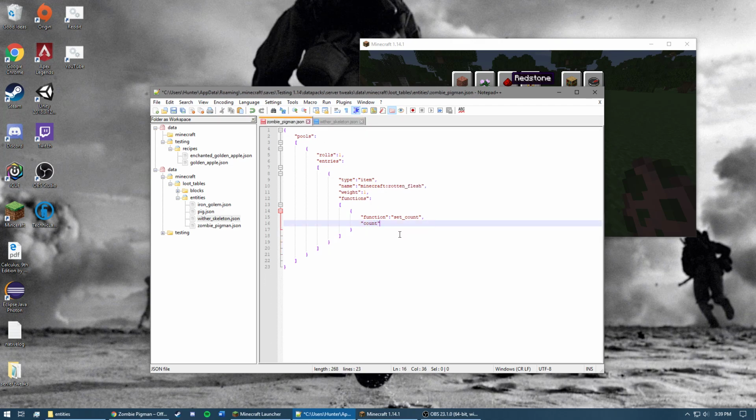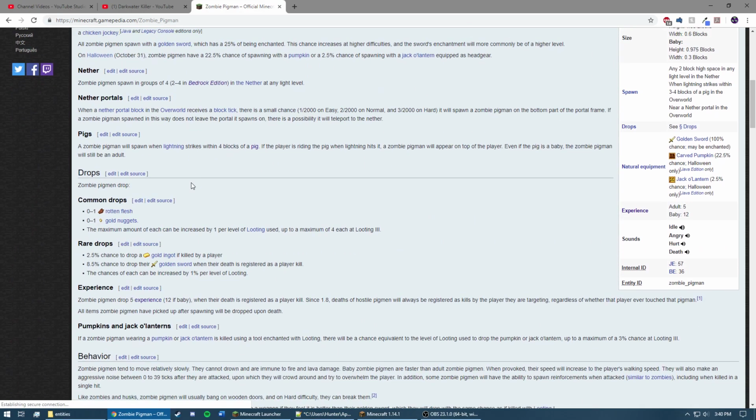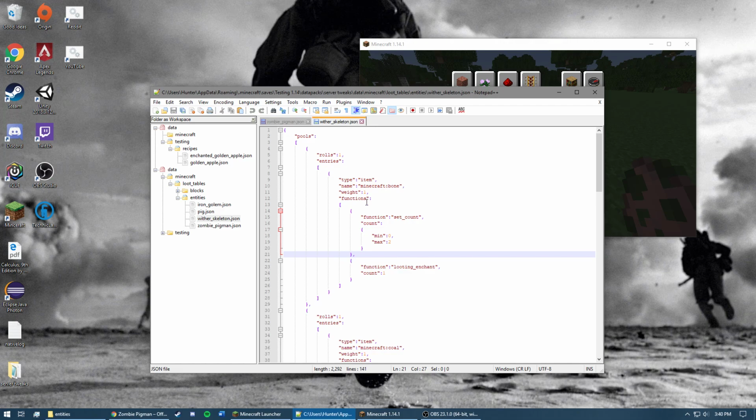And count, you can either do count and put a number here, or you can say count, turn it into a compound tag and say min. And I have the wiki page for zombie pigmen pulled up, and it says it drops 0 to 1 rotten flesh. So the minimum I'm going to say is 0, and for max I'm going to say 1. On top of the rotten flesh, drops are affected by looting. For sake of time, I'm not going to include the function for